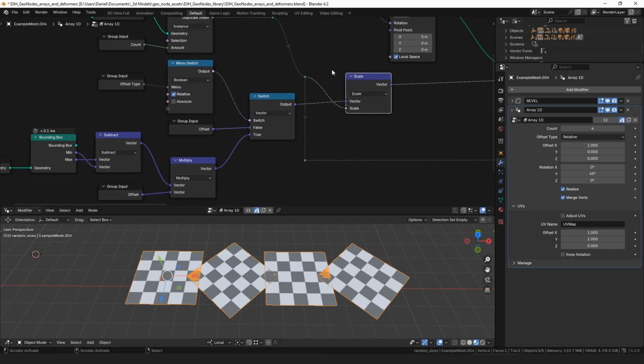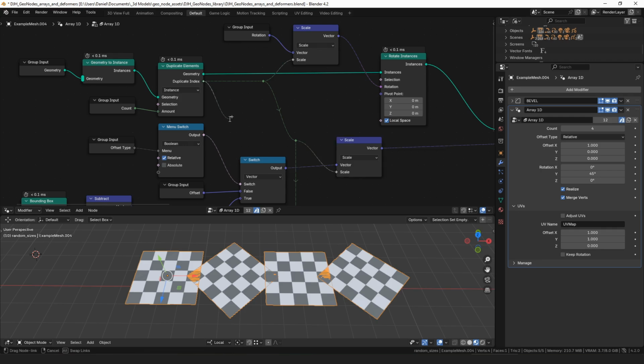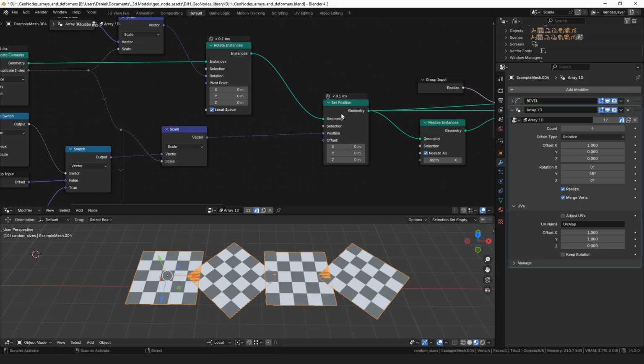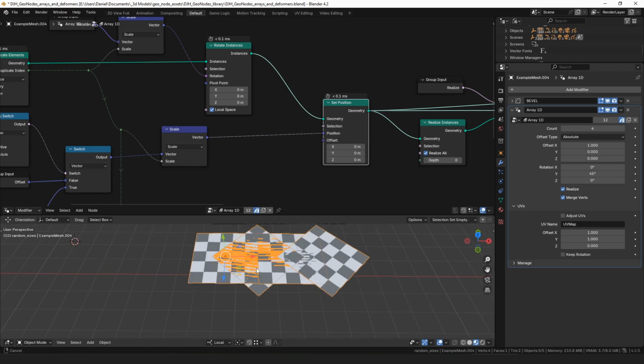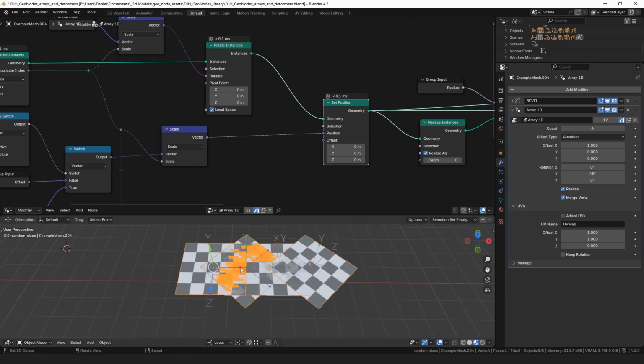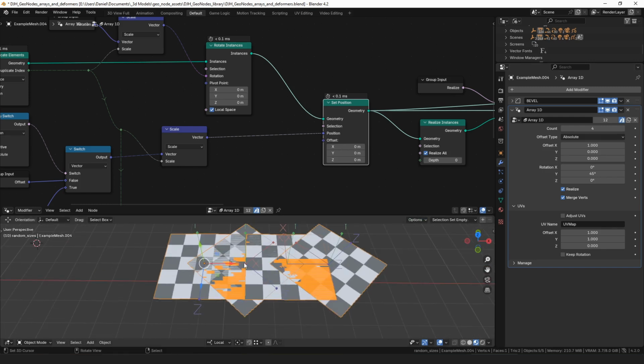That's going to go directly into the scale. We're going to scale by our duplicate index, and that's going to be our offset for the set position node. So that's this one here. If we set it to 1, then each of these instances, the origin point will be exactly 1 meter from